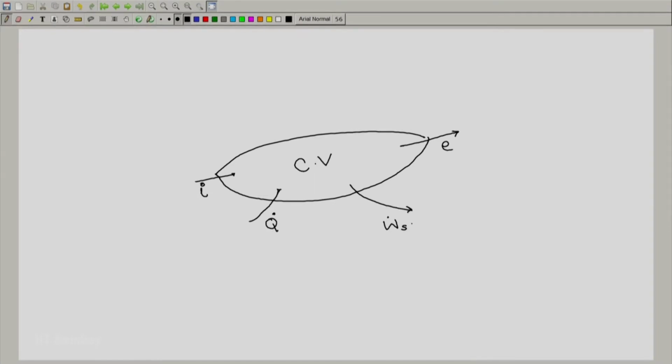So, this is now going to be a very simple diagram with one inlet and one exit. Of course, if there are more inlets and exits, we know exactly what to do. Second thing that I would like to point out is the small difference that exists in the expressions whenever we go from closed systems to open systems.